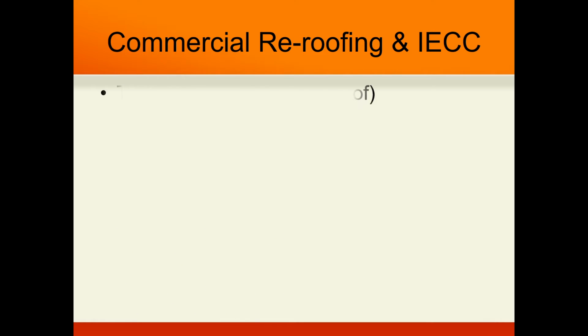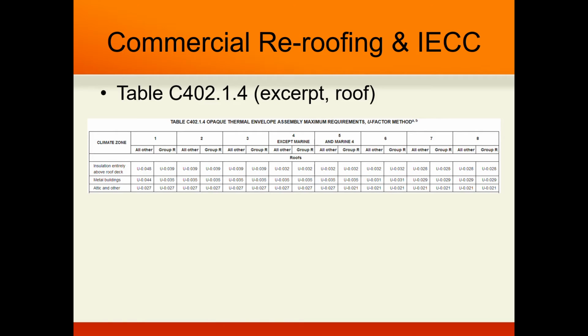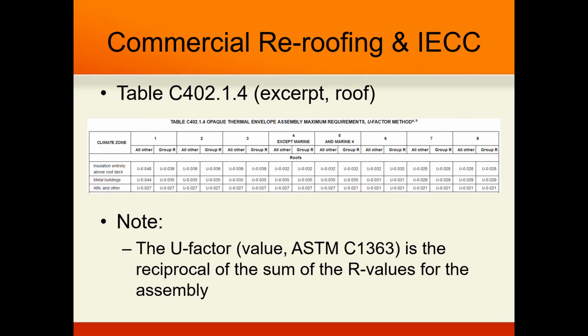Now, let's look at the companion table here, which is C402.1.4. Again, just the excerpt for the roof. You can see our climate zones along the top, the same two columns about other and residential, and you can see what these R values are. Now, these U factors or U values, what is the U factor or the U value? It is defined by ASTM